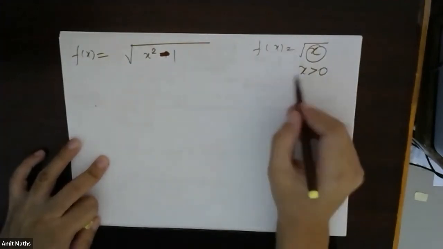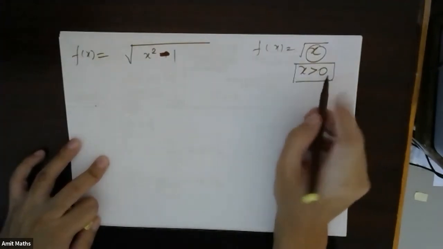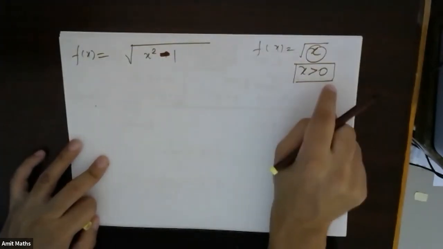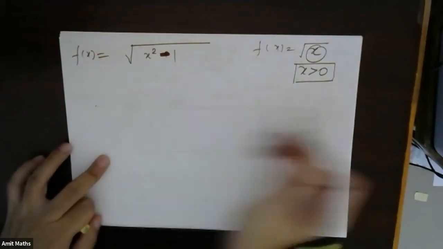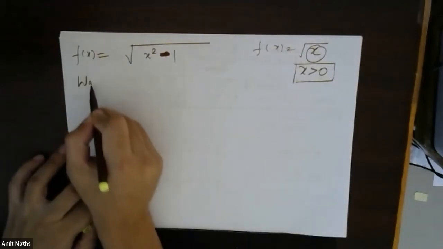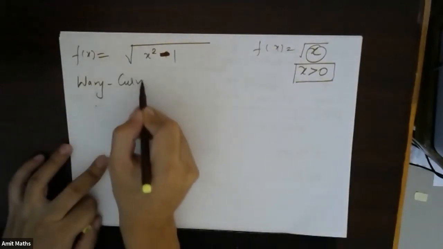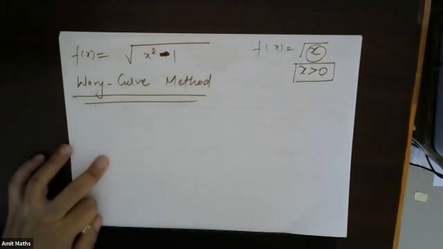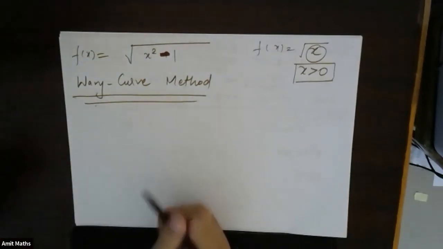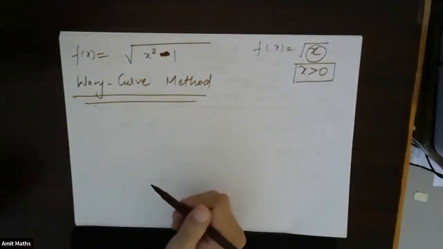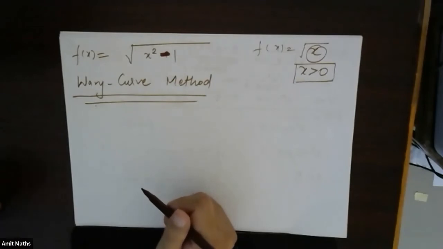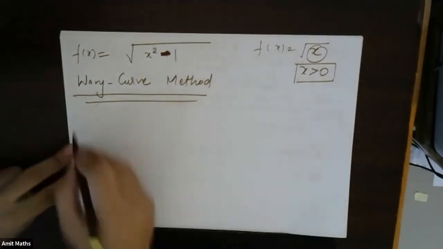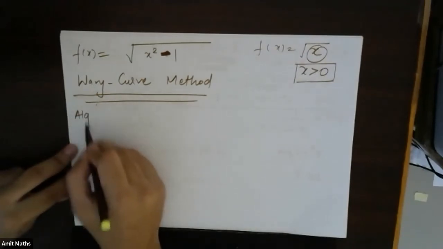Now, for such cases in which you just have to check the sign, we have a method which is known as the wavy curve method. I'll write the algorithm for the wavy curve method, from which we can check whether the function is positive or negative in a particular domain. The algo for the wavy curve method is,